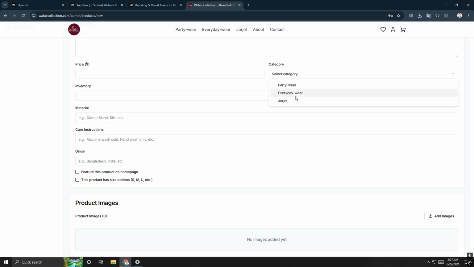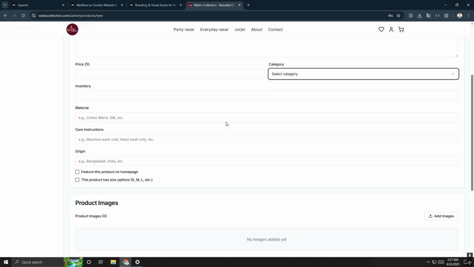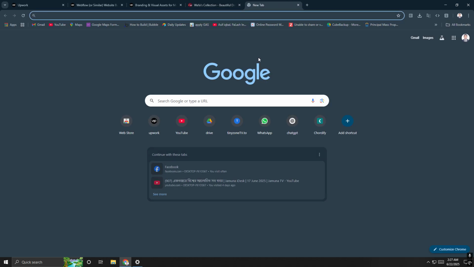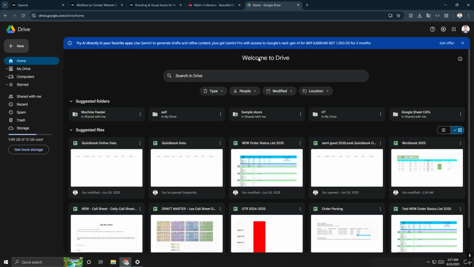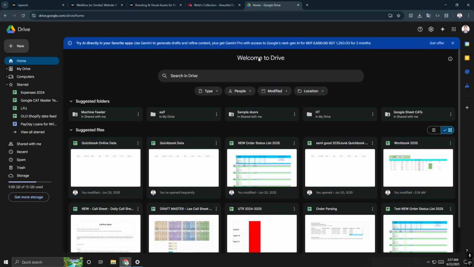All the categories also come from a Google Sheet. You can use any Excel sheet that is shared by Microsoft, but I suggest don't use any database. Just use Google Sheet, that will last forever,